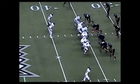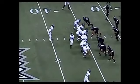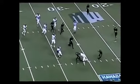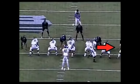Play number 6 is what I call a false block in the back. And that's why we have philosophies that say if a player's in the process or very nearly in the process of making the tackle and does make a clean tackle, we really don't want a block in the back called. And this is one of those cases where we've got a man in motion moving into a quads side of the field and an open field situation where it's a very clean tackle and the umpire throws the block in